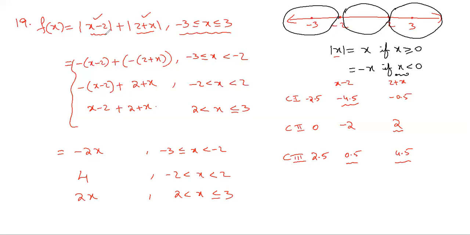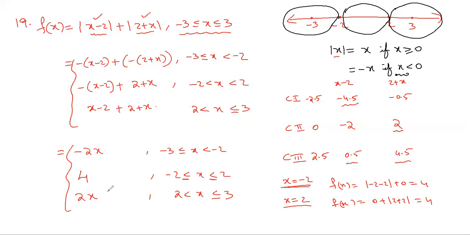And now we didn't verify 2 and minus 2. That we can separately verify. x is equal to minus 2. At x equal to minus 2, what is the value? f of x equals mod of minus 2 minus 2, the next one is 0, which is equal to 4. x equal to 2 also you can verify separately. f of x equals 2 minus 2, 0, plus 2 plus 2. This is also 4. So at minus 2 also you are getting 4, and at plus 2 also you are getting 4. You can include them here. You can put equal to here after verifying separately.